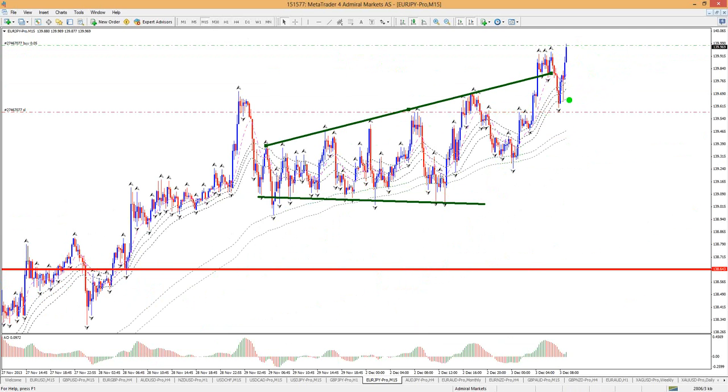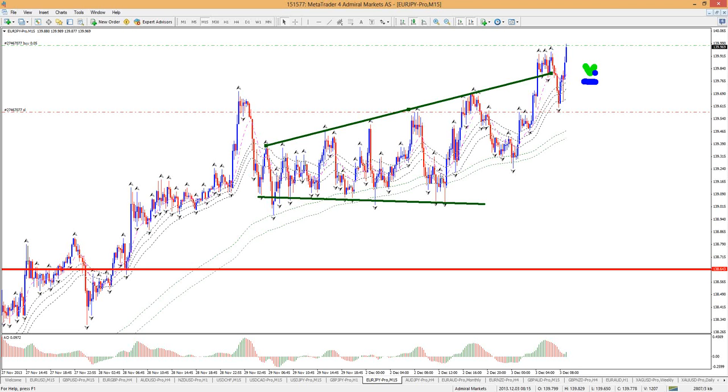Well, let's see. I'm trail stopping it, as you know. With every 15-minute fractal, I would put the stop loss 5 pips below the 15-minute fractal. So if there's a fractal here, I would move it 5 pips below. So that's just my way of reducing the risk, and thereby minimizing any loss. Or in some cases, if the stop loss is above the entry, then even locking in some profit. That can add up quickly.